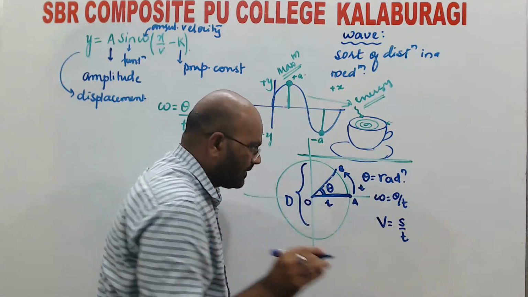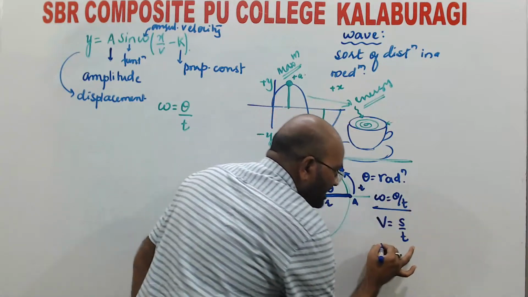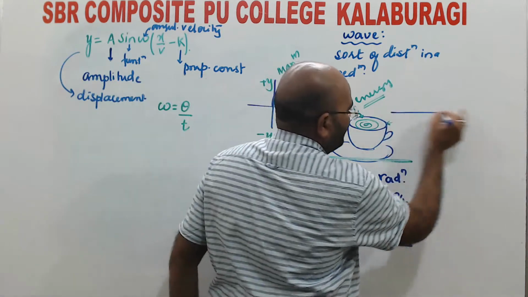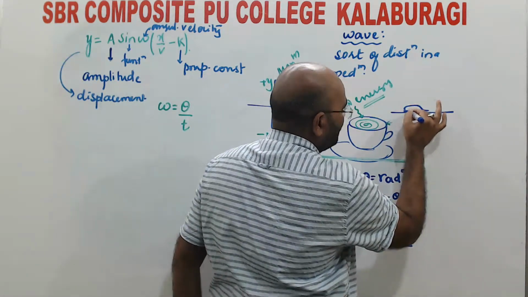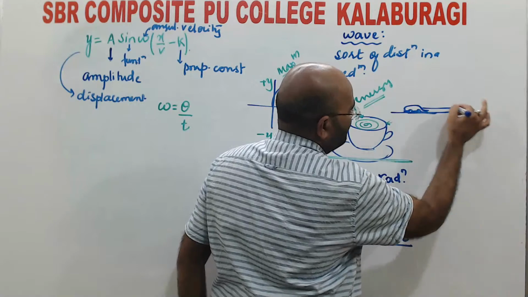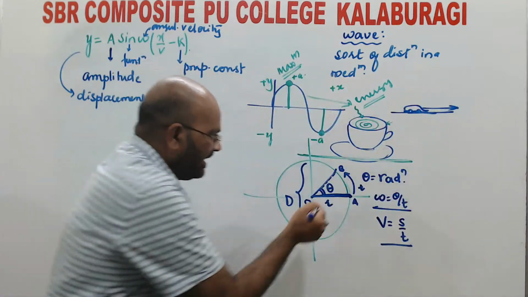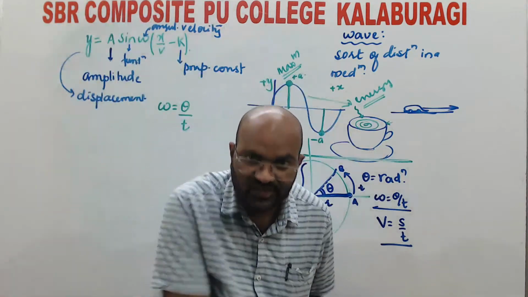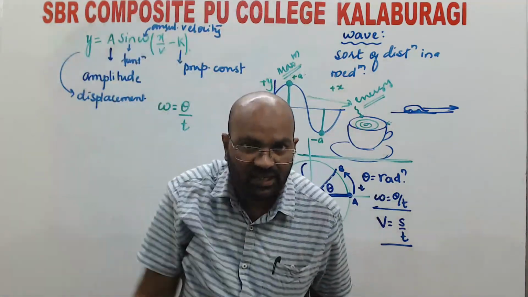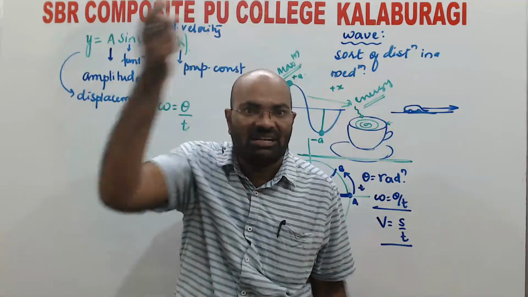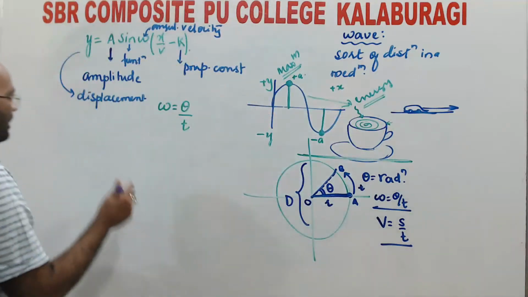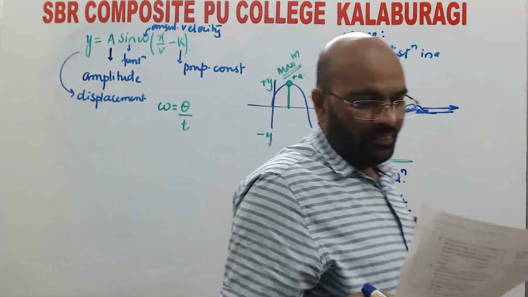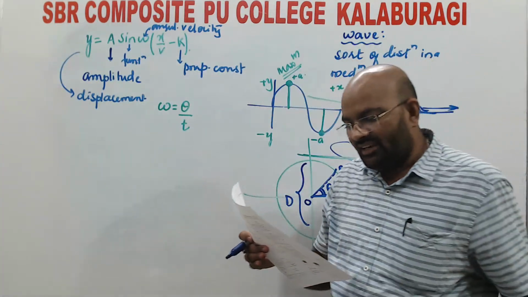Don't get confused. This is angular, this is linear. Linear is nothing but, for example, a car moving on a straight road. This is called linear. A pebble which is tied and reeled in a circle, this we call angular movement. Now, according to this question, where omega is called angular velocity,